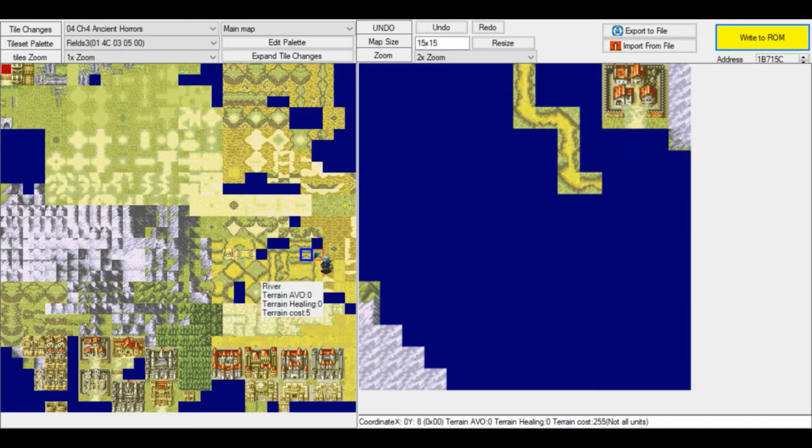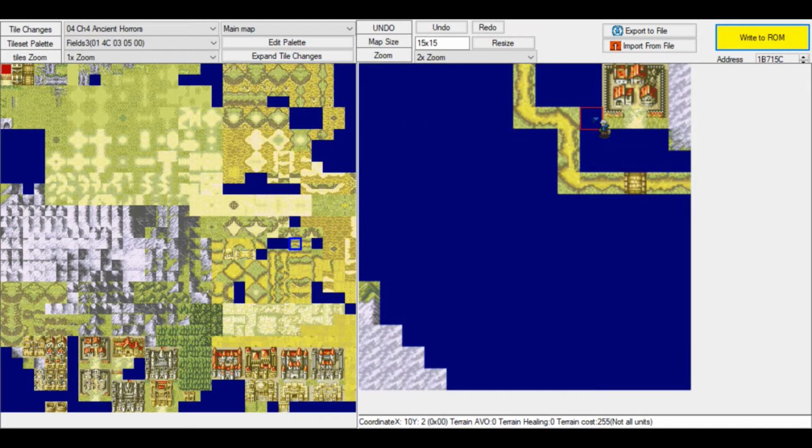Well, we could just do this. And then I'm thinking, my brain is thinking about something cool that we can do with this map. Let's leave it like this, and we'll put a bridge here so we can cross the river. And finally, we'll place this here. So there we go. That's our little river. It separates the village from the main part of the map, and our player has to work around that.